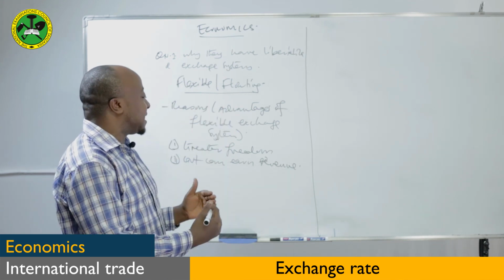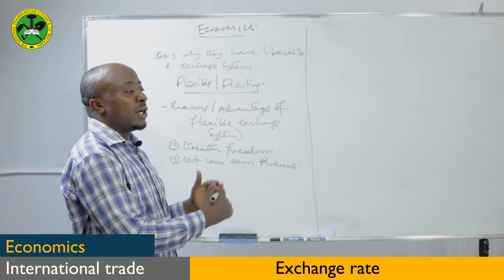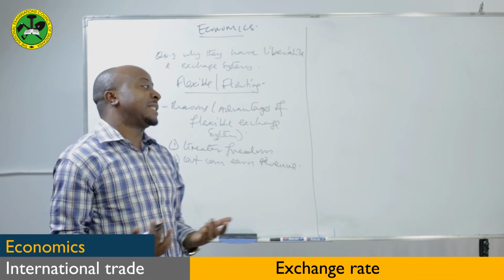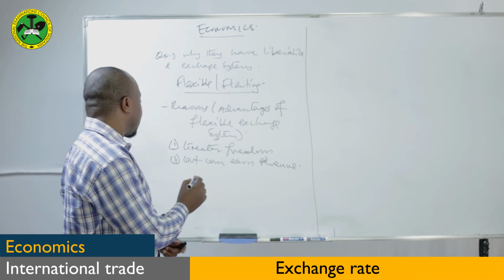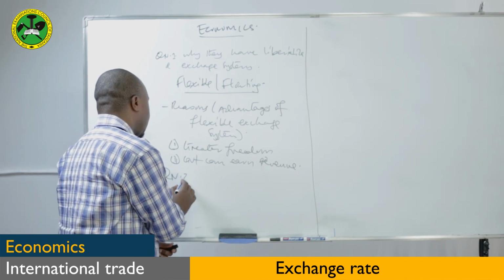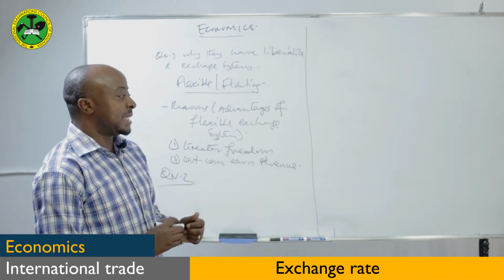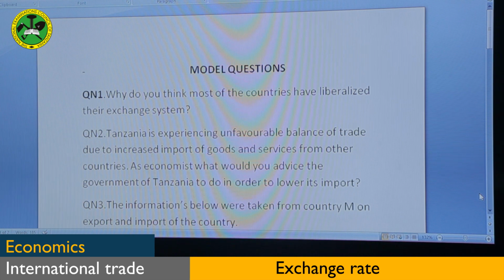So use the advantages of flexible exchange or liberalized exchange system. Now we go to the second question, question number two. Question number two is asking, Tanzania is experiencing unfavorable balance of trade due to increased import of goods and